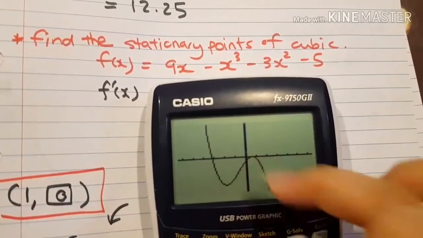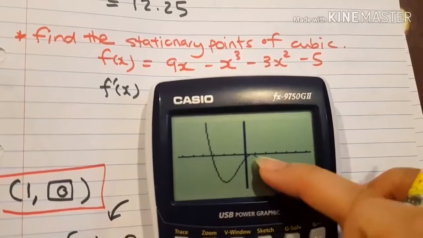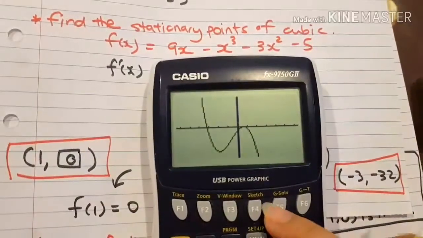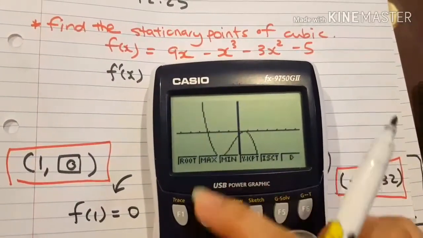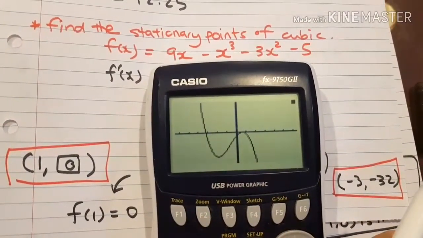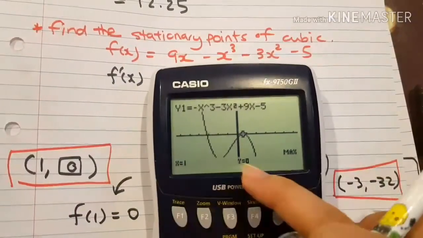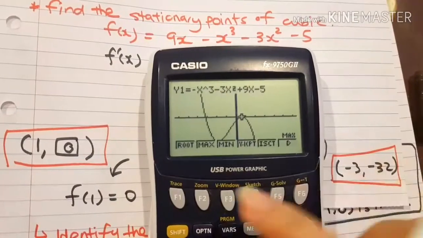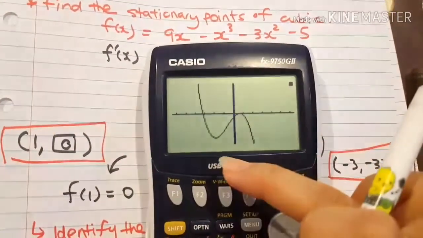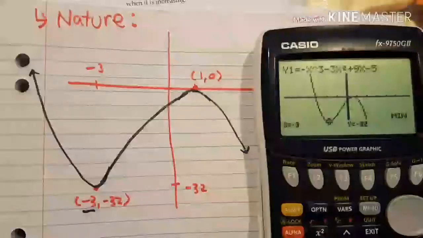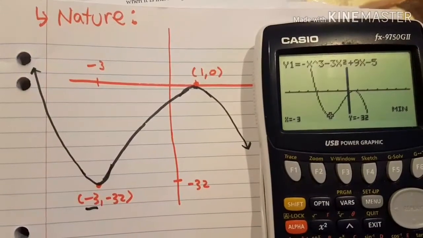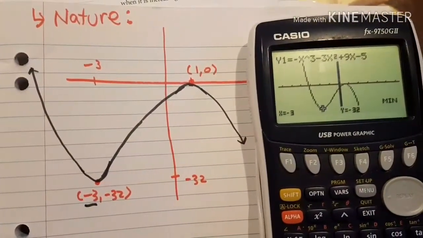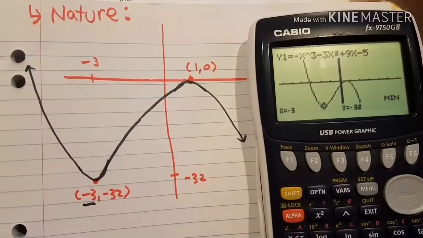This is the maximum, this is the minimum. How do I know it's max and min with the exact value? You go G-solve. You see the maximum over here, 1, 0. Should we have a go at doing the minimum? The same. There you go, it's finding the value like this. So you can use the calculator to check the nature of the points,